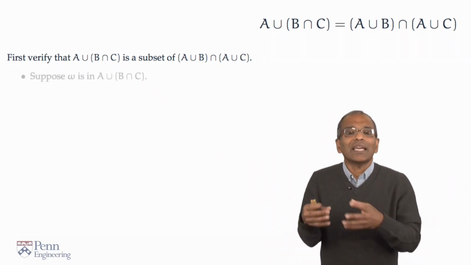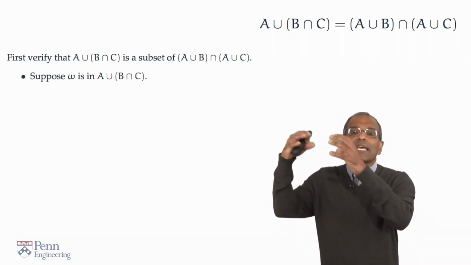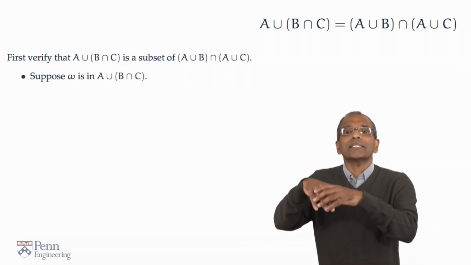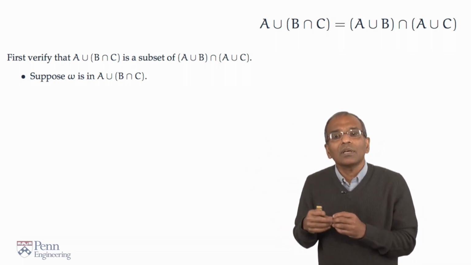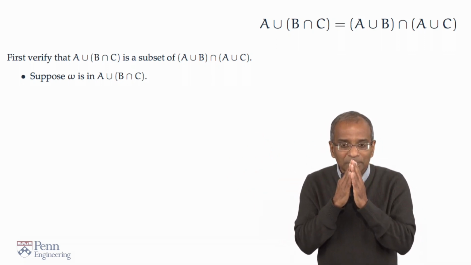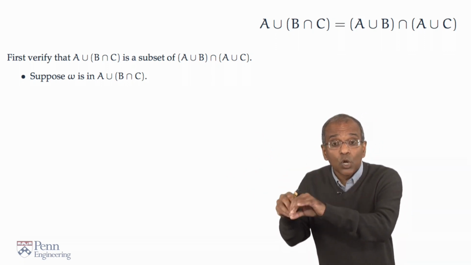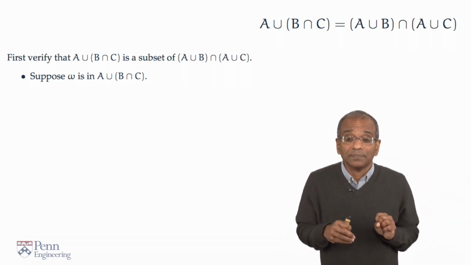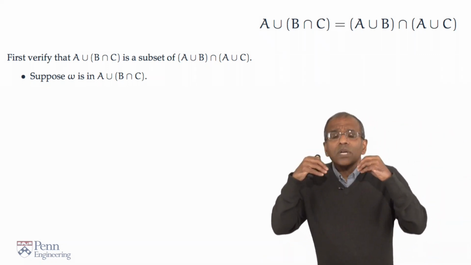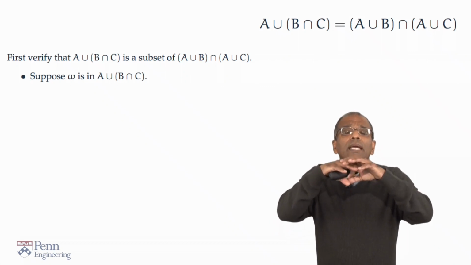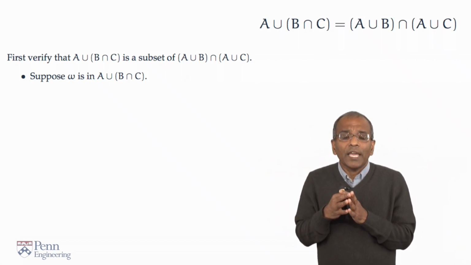Suppose omega is an element of the set on the left. Omega is an element of A union (B intersection C). We now need to show that this is also an element of the set on the right. Okay, well, what does it mean to say that omega is in the union of A with B intersection